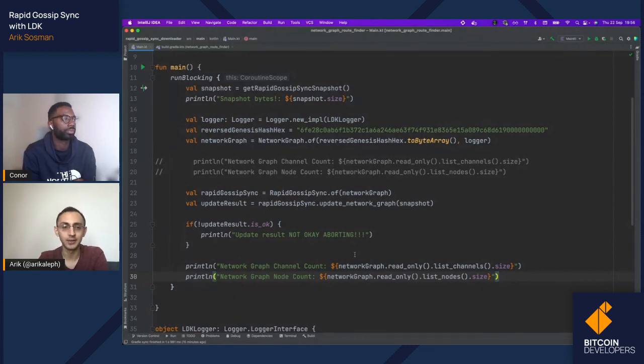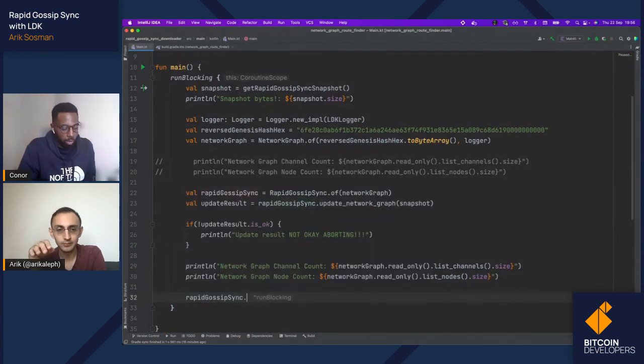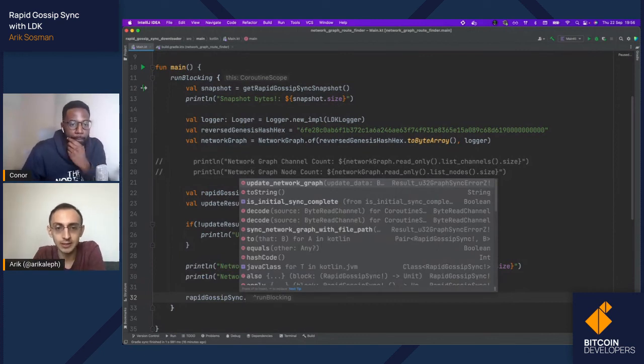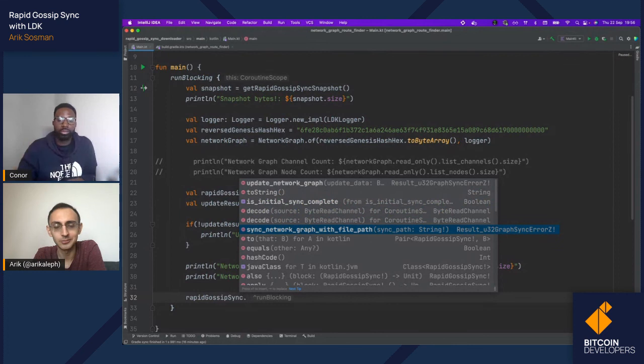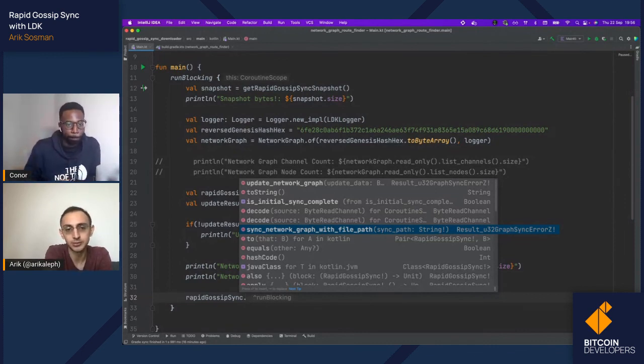But if you do, and you know the path of the file, just look at the auto-completion suggestions that IntelliJ has. If you type an empty line and then RapidGossipSync dot, you see that it has sync network graph with file path. Honestly, you may want to rename that to from file path because it sounds better. But it allows you to just specify the path to a file where you already have the downloaded snapshot data. And it's going to make things much easier for you if you cannot just trivially pass around 5 megabyte objects.